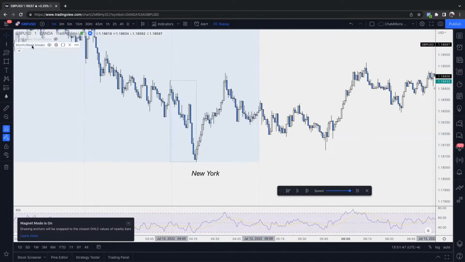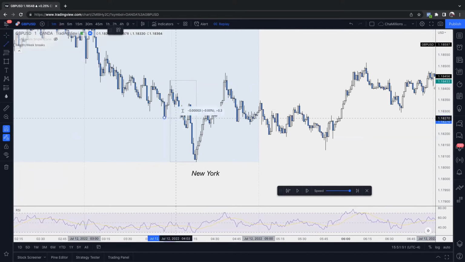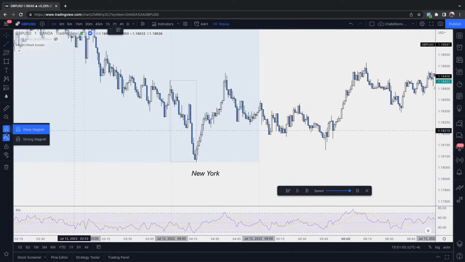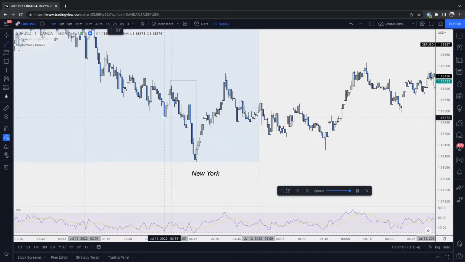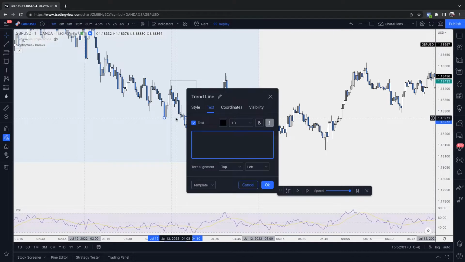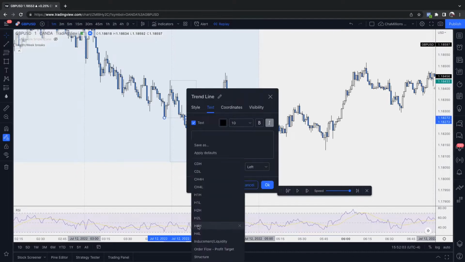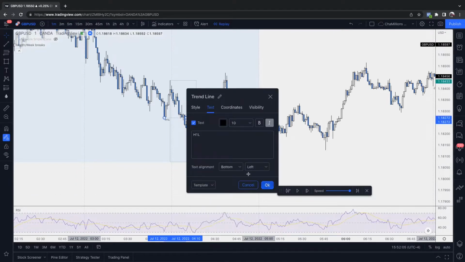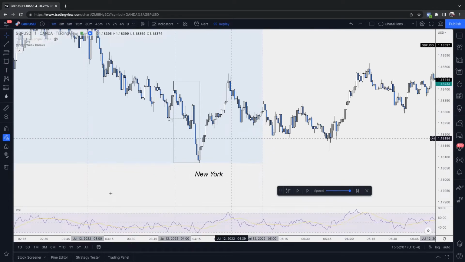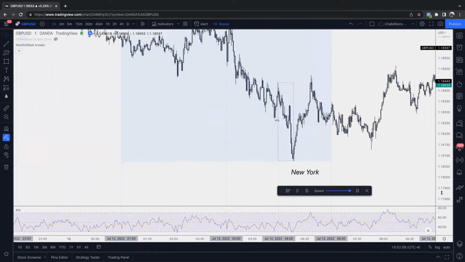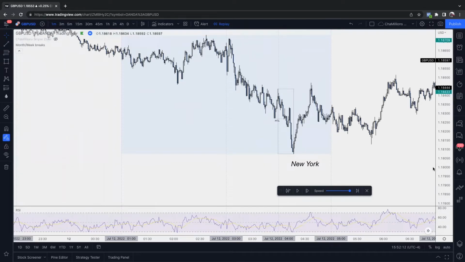Now, what's the major sweep here is that we have the previous H1 low, which was here. Right, so previous H1 low is here, but with this being the New York hour, what's this perfect timing for,